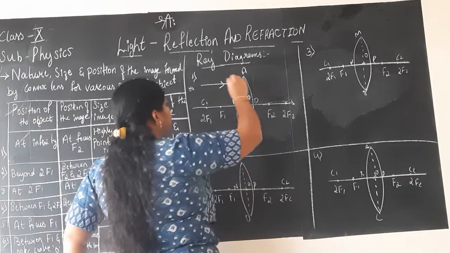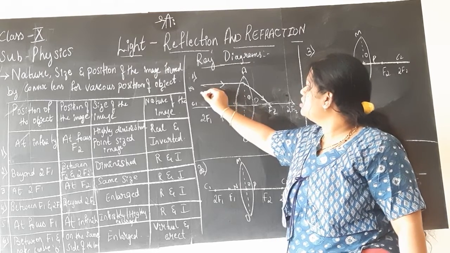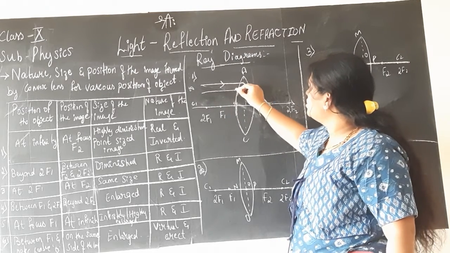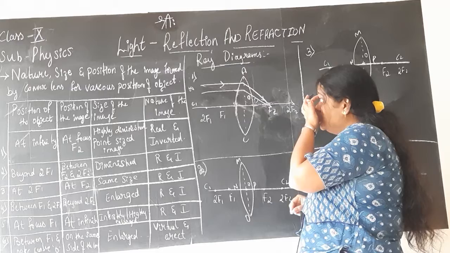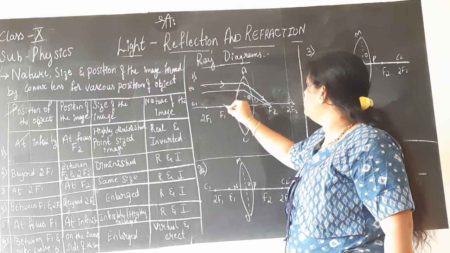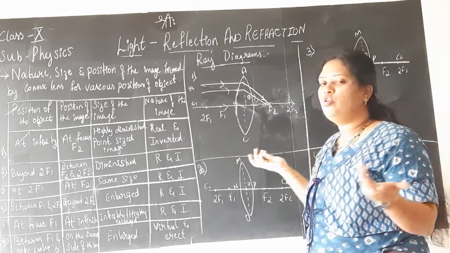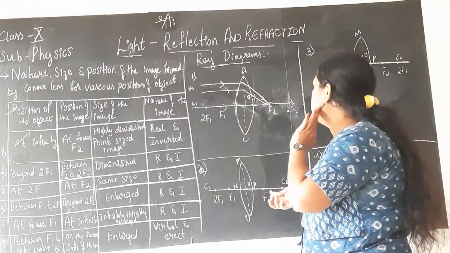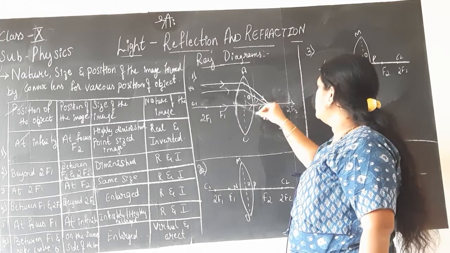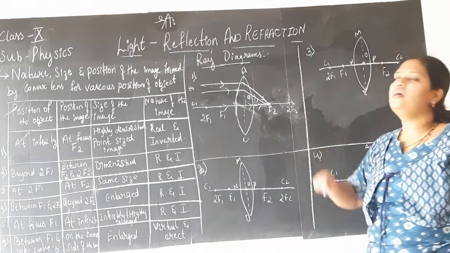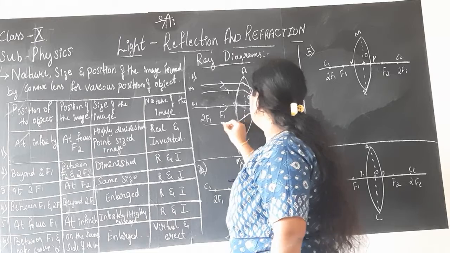So here, after the first ray falls, we will consider the second ray of light coming from the infinite source, and again after refraction it will converge at some point. Another ray of light which is passing through, and the direction is very important, children, without the arrow mark it carries no marks, because nobody will know in which direction the light is coming from. So please mark the arrow marks, it is very important. Light passing through the optic center will pass without any deviation and meet at this point. Like this, any number of rays you can show, children.